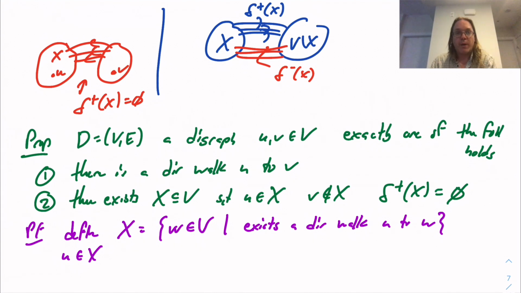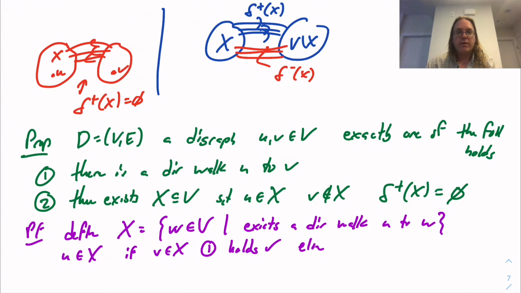Now, there are two possibilities for the vertex V. Either V lies in x or not. If V is in x, well, just think back to the definition of x. x is the set of all vertices such that there exists a walk from U to that vertex. If V lies in my set x, then there's a walk from U to V. That's what I wanted. So if V lies in x, then one holds, and I'm done. Otherwise,